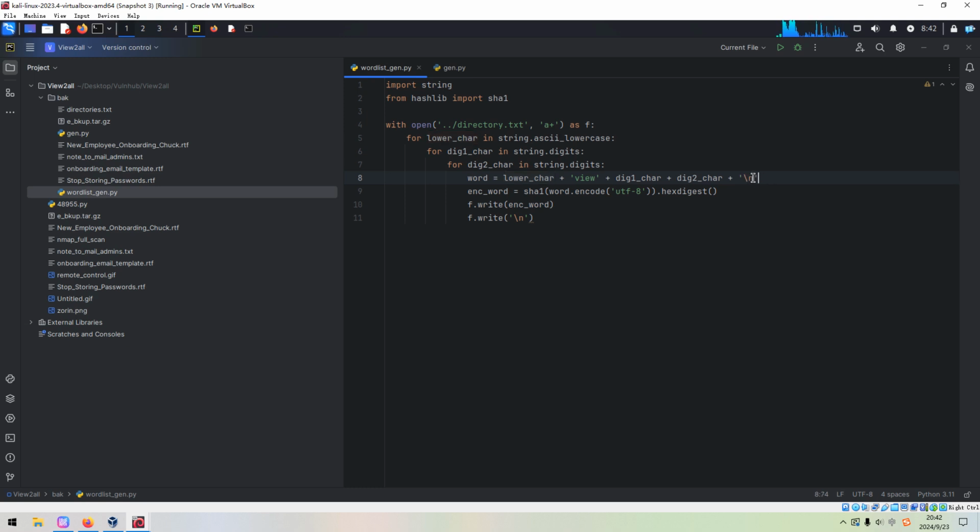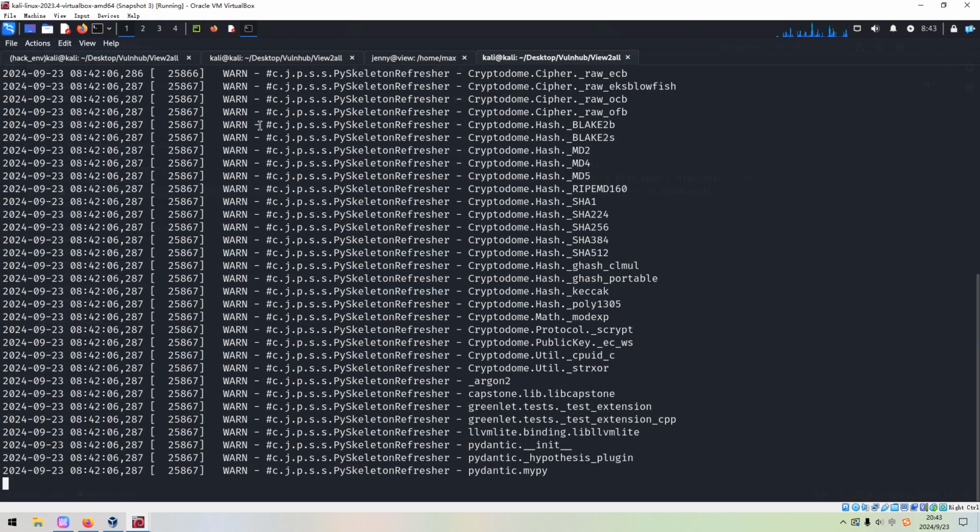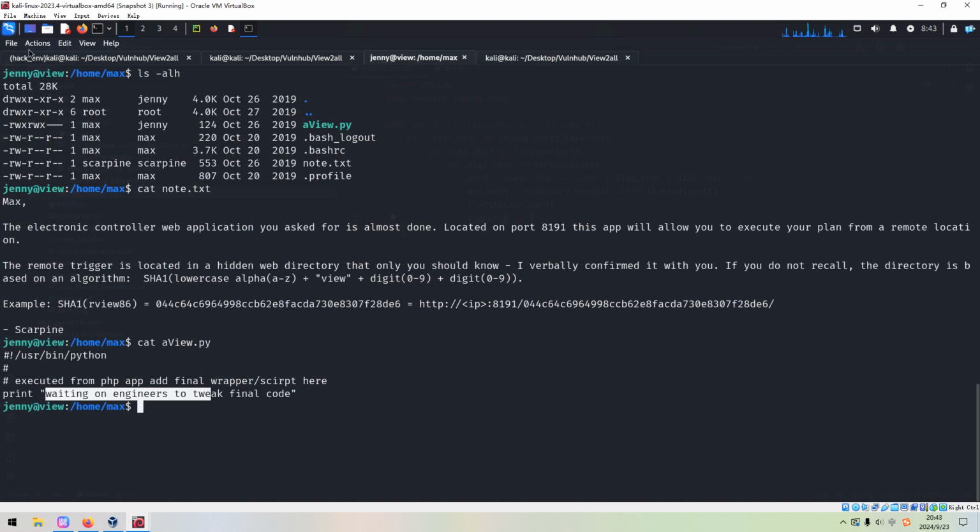At the end we need to put the line separator, and then we use the SHA1 module of hashlib. Of course, we need to encode this word, and then we get its result from the hexdigest method. Then we write each word, and we need to put the line separator between different lines.